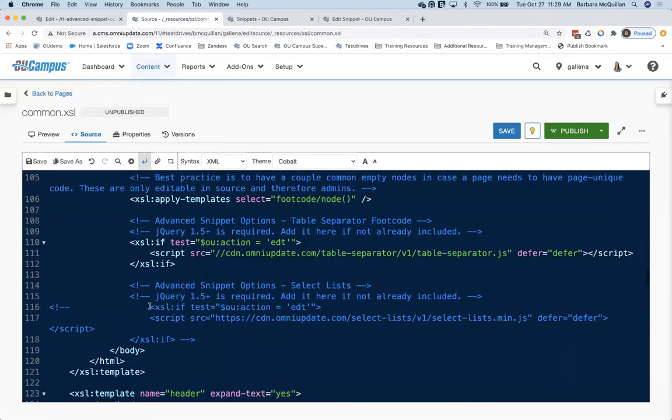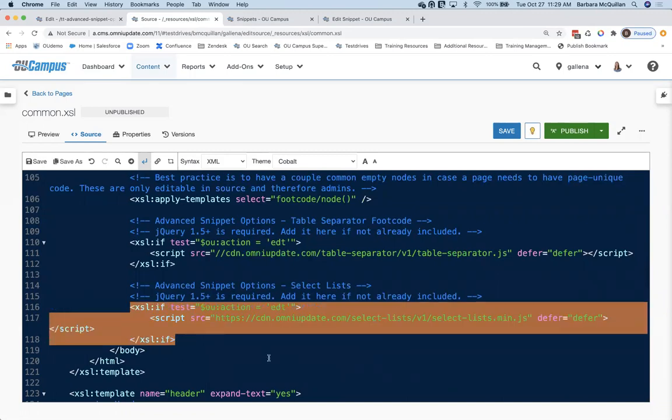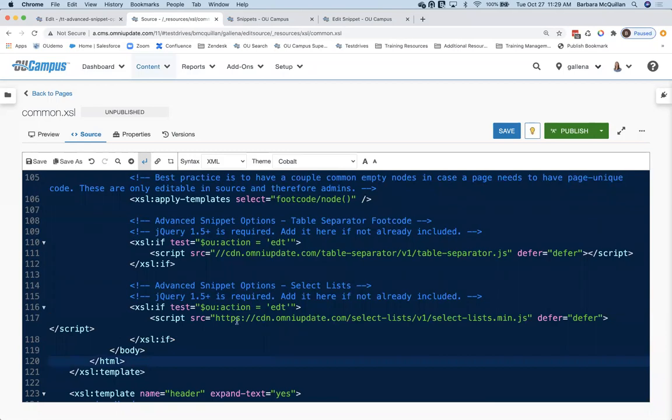And scrolling down here, another set of JavaScript. All of these resources, the CSS and the JavaScript that I am showing you here inside my comment.xsl, are being pulled down from ArcCDN. So you don't have to have anything additional loaded into your sites. This reference will work for you.